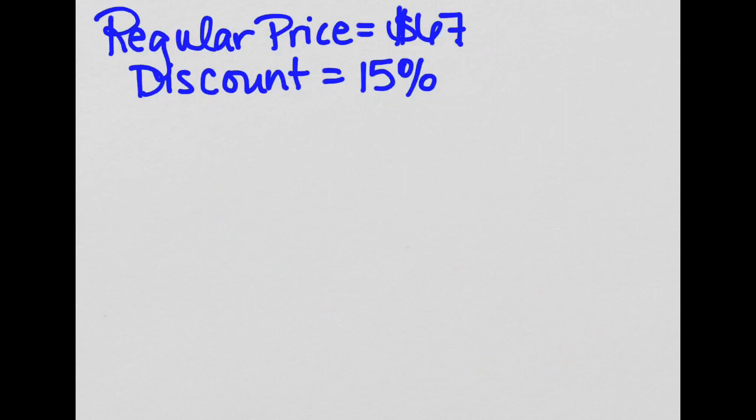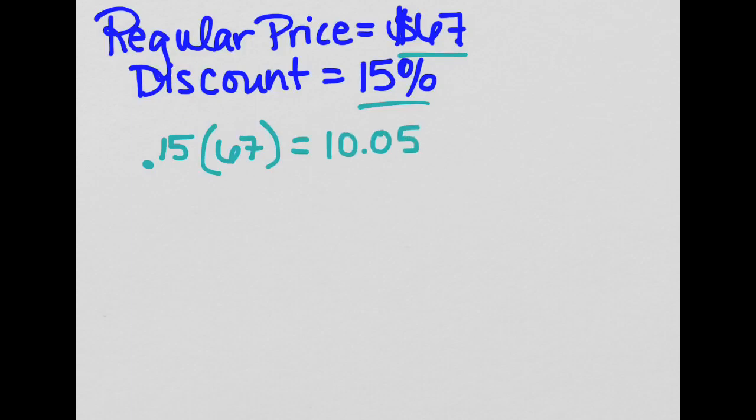Okay, let's try the next one. This is number 6 on RW17. So we have that our regular price is $67. Our discount is 15%. So I'm going to say, what is 15% of 67? That's going to tell me what my discount is. So 0.15 times 67 is going to give me